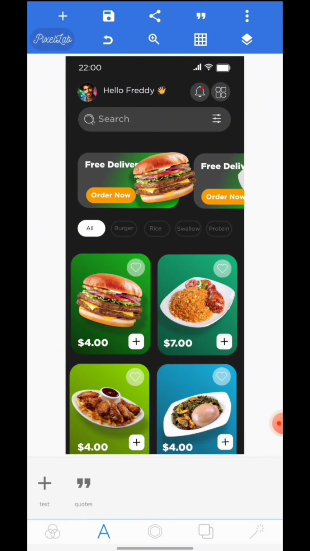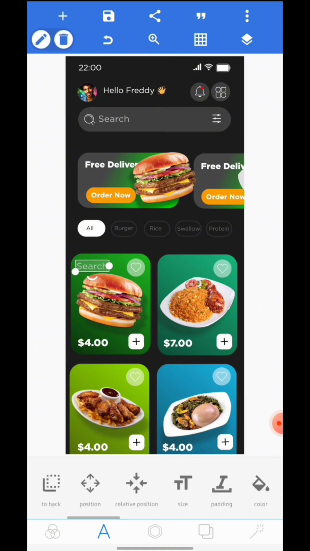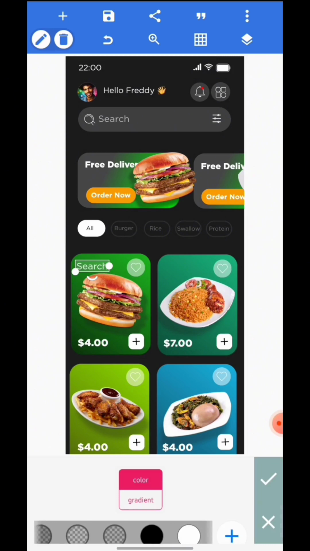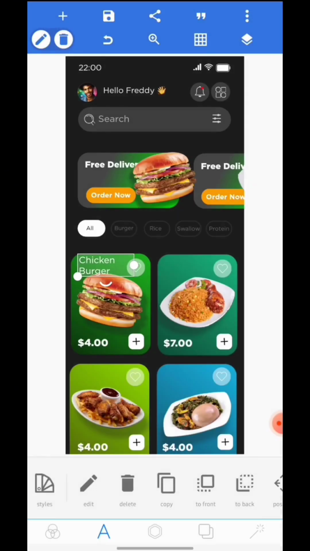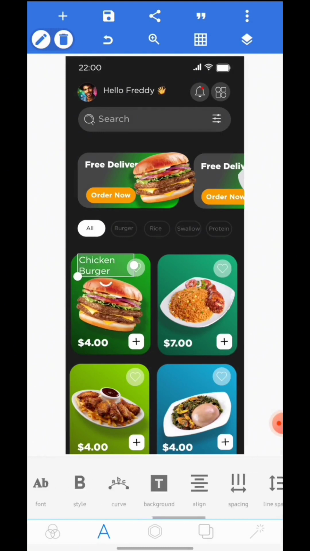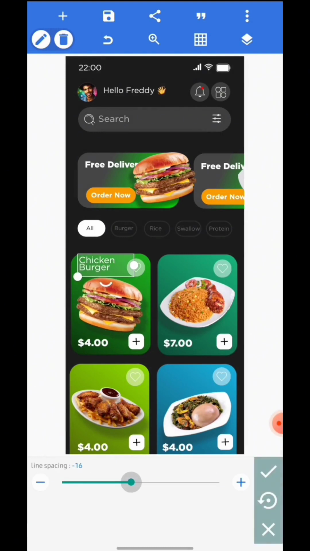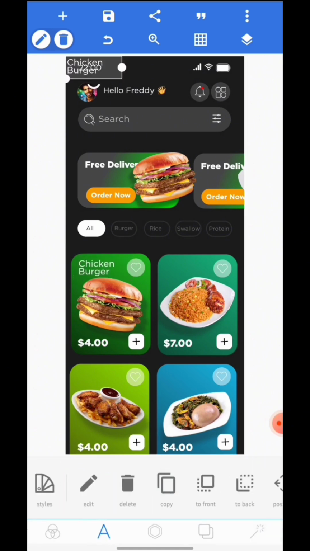All right, I'm just going to add some other stuff to this. Add this text, but this time I'm going to make it white. So it's chicken burger. I'm going to put them like this, and let's take this one down so that this can be there. But I'm going to go to line spacing, and this is so. I'm going to copy this and put rice,